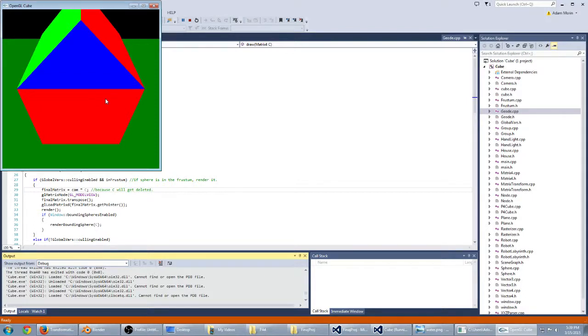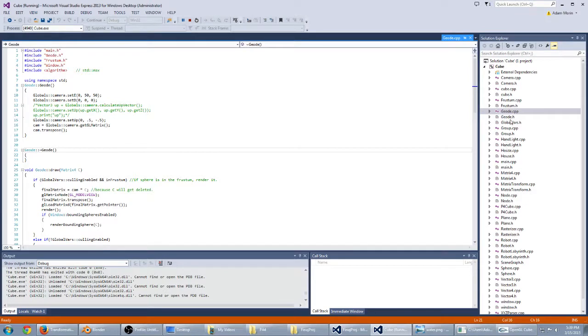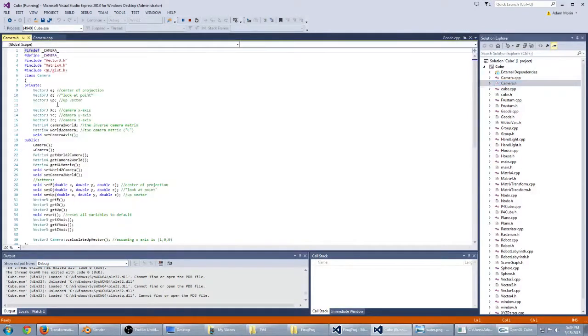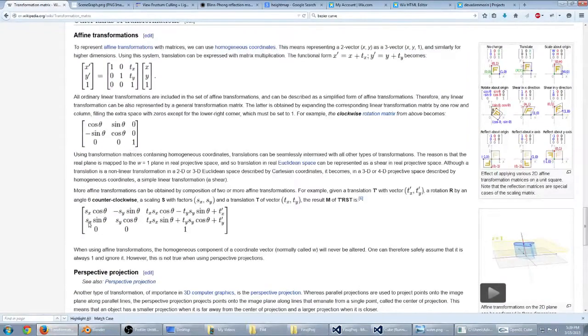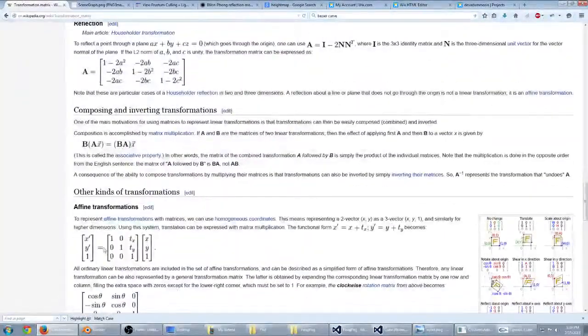And I'll open it right here, camera matrix. We have the up vector, which says you can rotate the camera to where it's sideways and so forth, and so up isn't always away from the earth. You have the look at point, it's where the camera is facing, and the center projection, which is basically built up of the focal length. Once you build the camera matrix, you can multiply it on the left side of the transformation matrix, and it will give you the new resulting positions, just like we had before. There's a lot more matrices, like the perspective matrix as well,